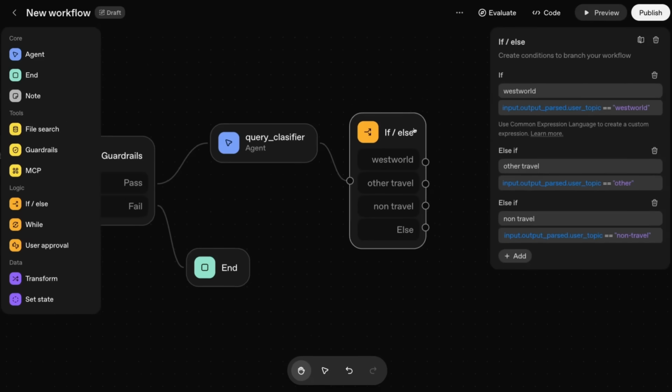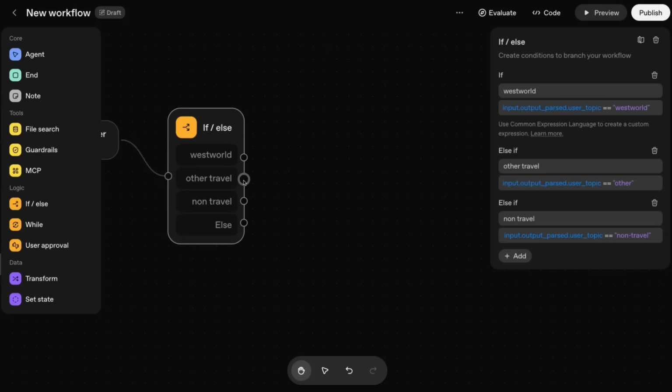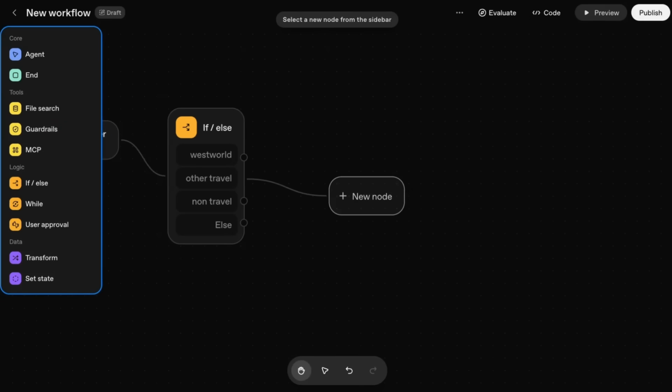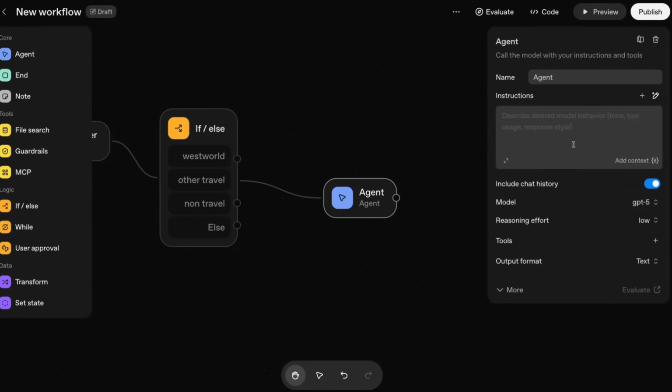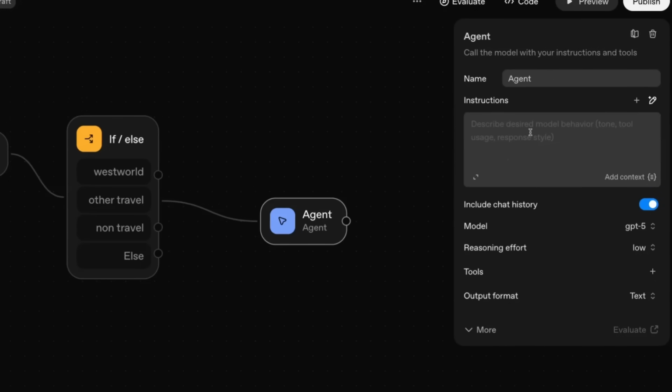All right, so now what I want to do is set up some different agents for this. So if I basically come to other travel, I'll make that an agent. And I'm not going to give this any details or anything like that. I'm just going to basically give it a simple system prompt. Handle the user's query by politely declining and explain that you only handle travel for the Westworld theme park. If they are interested in Shogun World or any of the other Delos theme parks, they should contact other